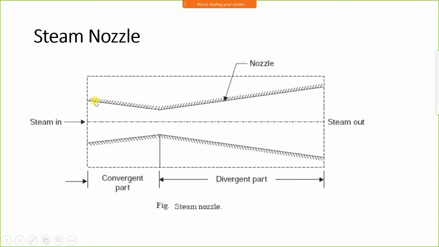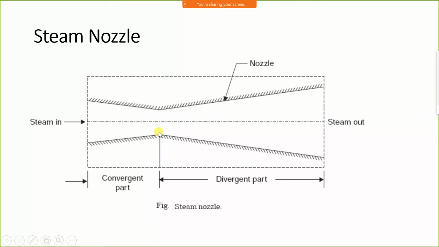Now you can see the shape of the nozzle. It has a circular cross section. It is conical. This portion, the cross section area of this half of the region, is decreasing. Therefore, this portion is called a convergent cone, or the convergent part of the nozzle. Here the diameter is more. As it moves lengthwise, its diameter decreases, and here it is a minimum diameter.